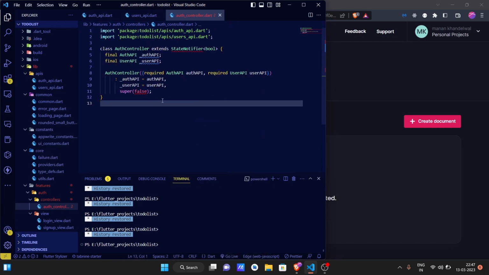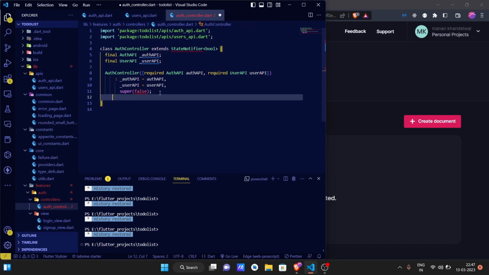You might be confused or thinking what this StateNotifier is. So let me explain what this StateNotifier actually is. This StateNotifier is going to hold this bool value. So this bool value can be updated and listened to by the widgets that are going to use this AuthController, so that this bool value we are going to use for our loader to show a loader. So currently super is false,